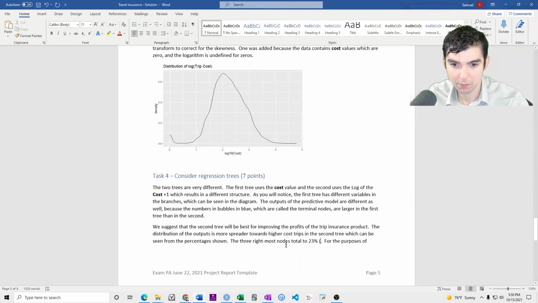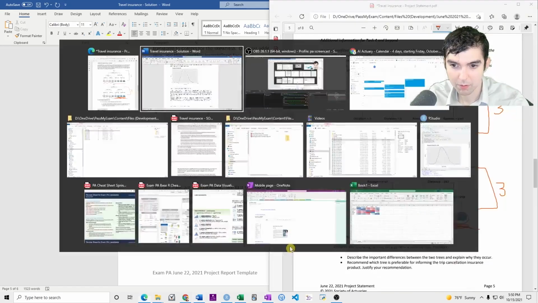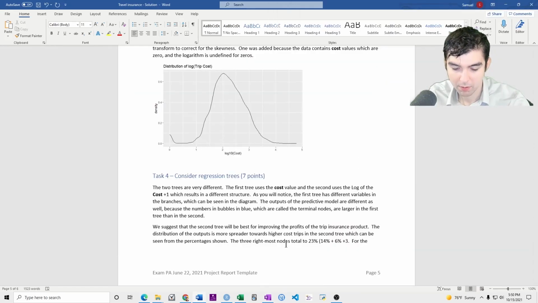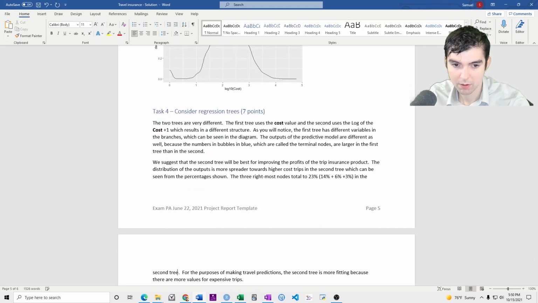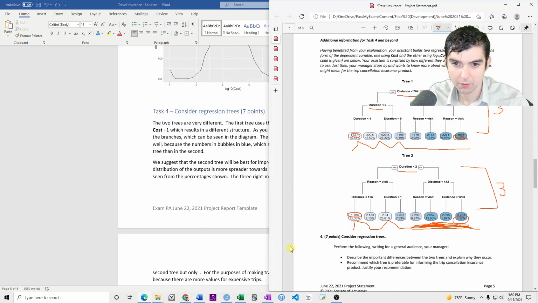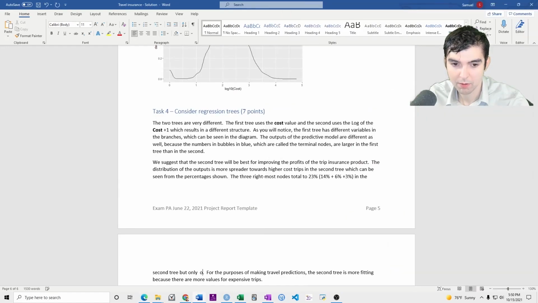Let's do 14% plus 6%, 3%. In the second tree, but only in the first tree, like 2% less than and 4%.